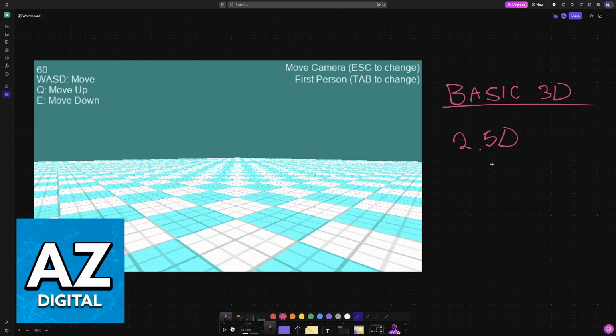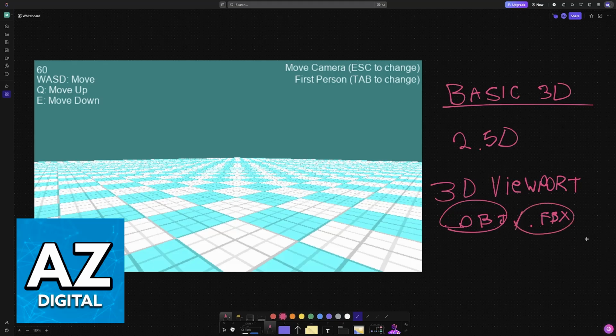To start, you need to set up your project and enable the 3D viewport in the Room editor. Once you have the 3D viewport open, you need to create 3D objects. So you can import 3D objects in the OBJ or the .fbx formats. GameMaker Studio has limited built-in 3D modeling tools, so it is best if you do the 3D modeling elsewhere and you import them here. For more complex 3D graphics, you will need to work with vertex buffers directly.